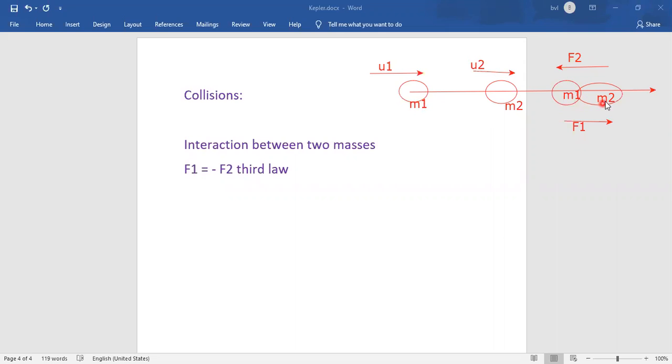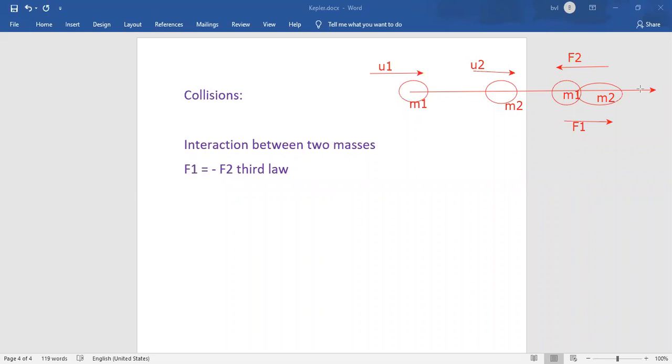But this is an ordinary mechanical collision, like a collision between two stones, between the bat and the ball, between the ground and the ball, or between two hands, whatever ordinary collisions these may be. They are in contact with each other, they strike with each other. After that, these two masses will be separated after the collision.